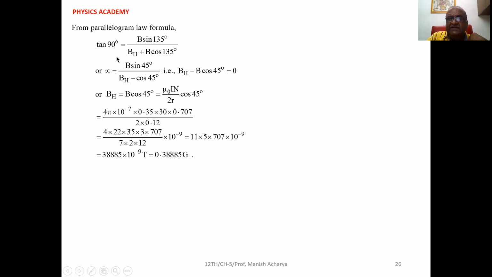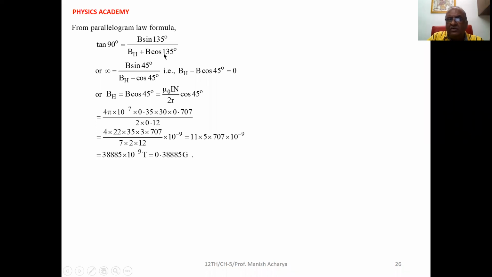Now tan 90 is infinite. So B sine 135, that you can write B sine 45, upon BH plus B cos 135,